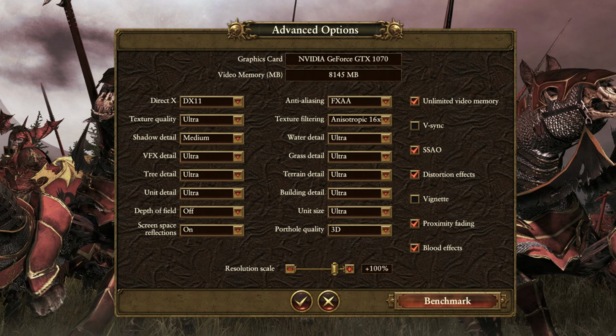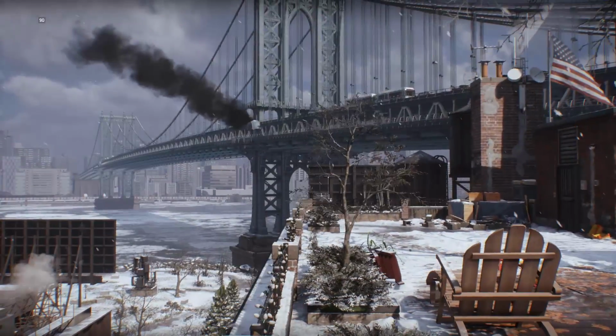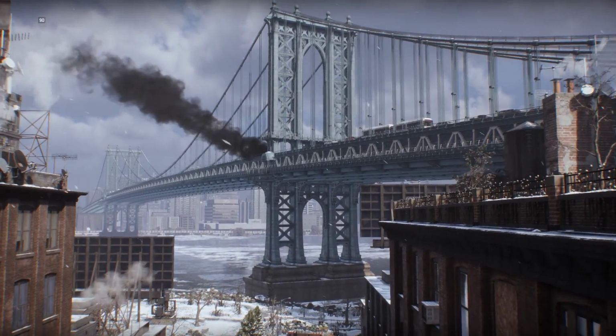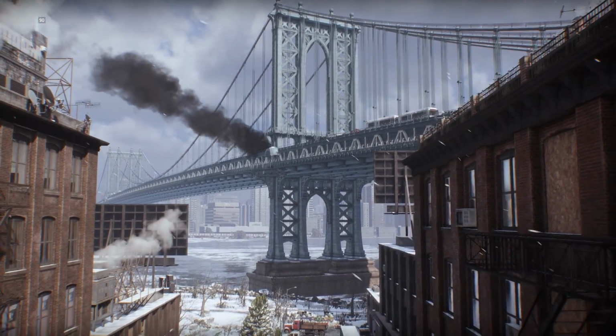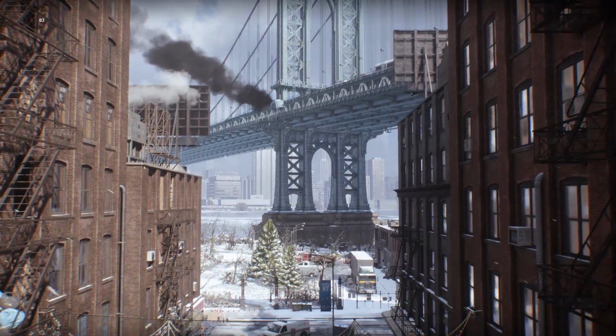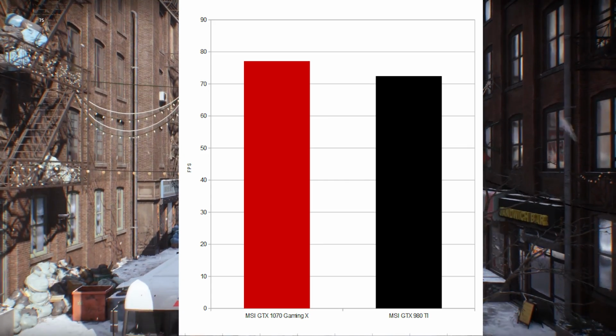So if you wanted to gain some extra FPS, you could still tweak a few settings here and there to get some pretty good performance yields. Moving on to The Division at 1080p. This is at the Ultra preset. The only tweak I made to the settings was to turn VSync off. The GTX 1070 Gaming X gets 77.1 as its average FPS, and the 980 Ti gets